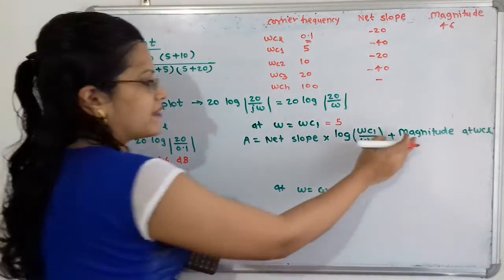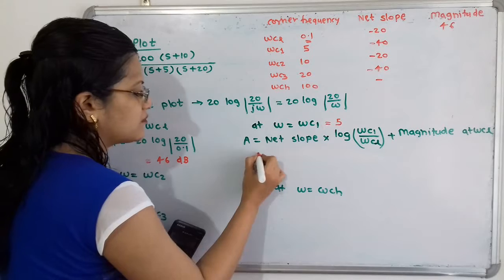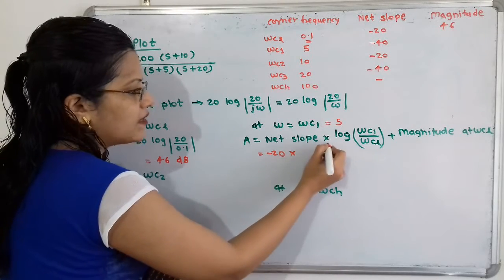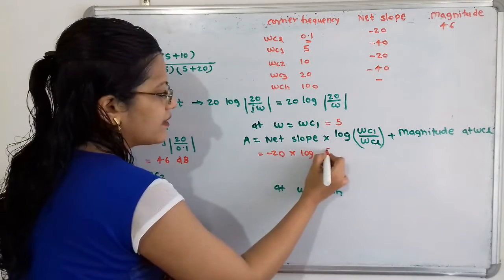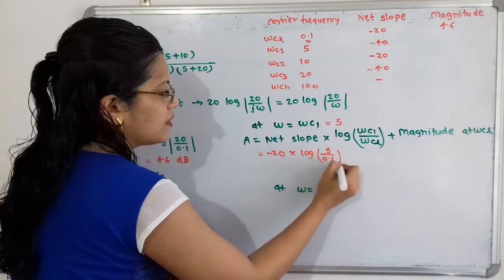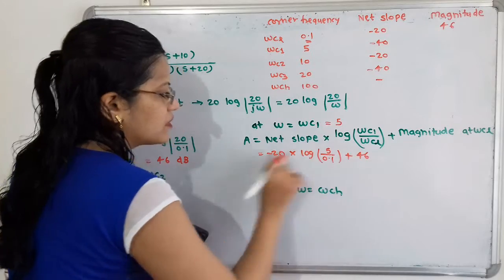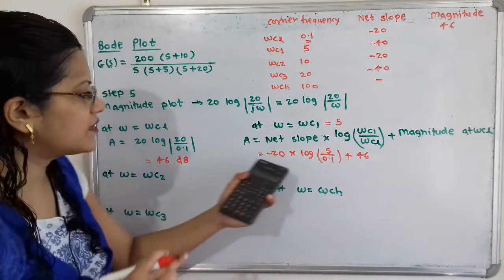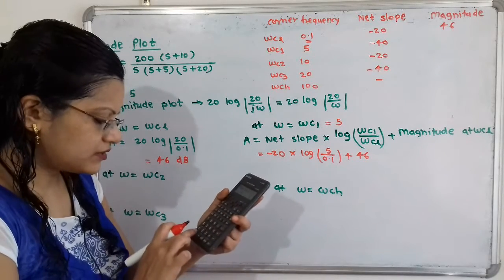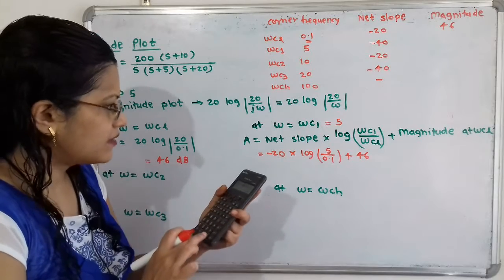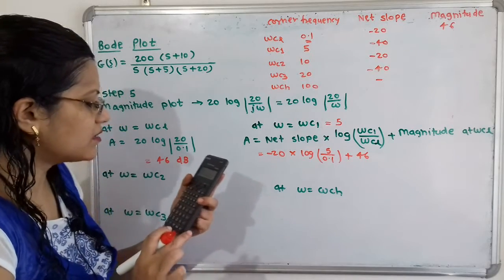That is, we have to take the magnitude for the previous frequency. So net slope for the previous frequency is minus 20 multiplied by log of omega C1 by omega CL. So omega C1 is 5 divided by 0.1 plus magnitude at omega CL, that is magnitude at previous frequency, that is plus 46. So again we will calculate this. So first we will take log of, in the bracket, 5 divided by 0.1, bracket complete, multiplied by 20. So here minus sign is there. So minus